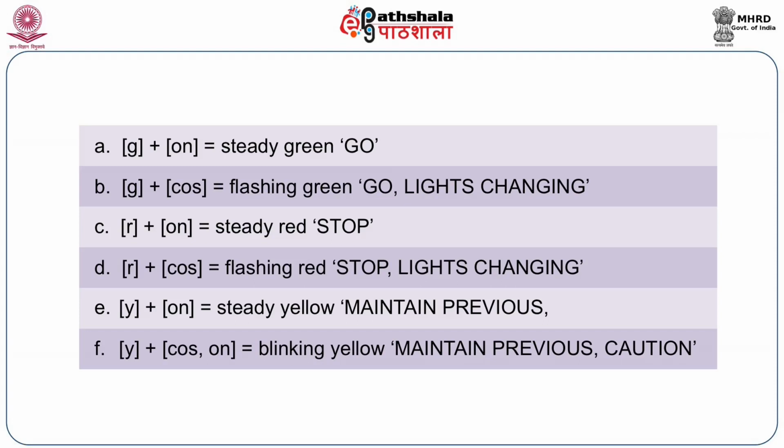G plus COS will mean flashing green go, lights changing. R plus COS would give you flashing red, stop, lights changing, and so on. It would seem then that a privative feature system would give identical results from a monovalent to a binary feature